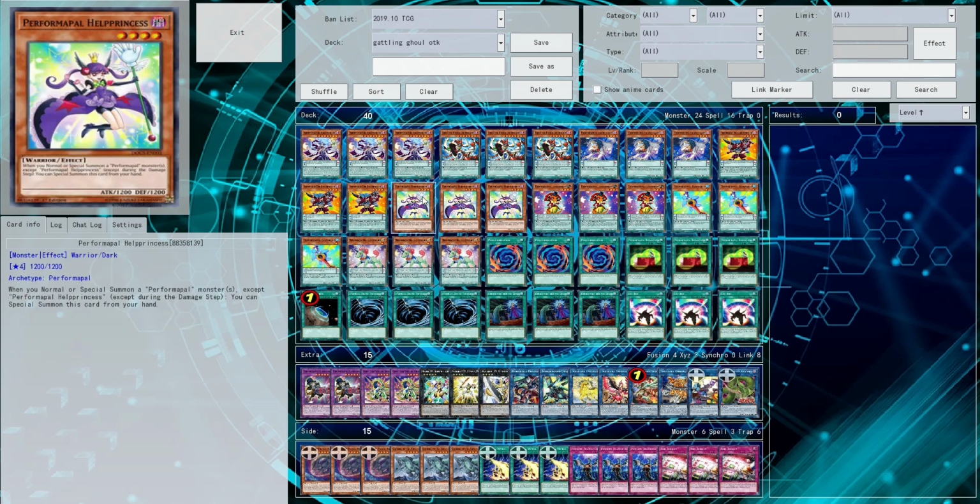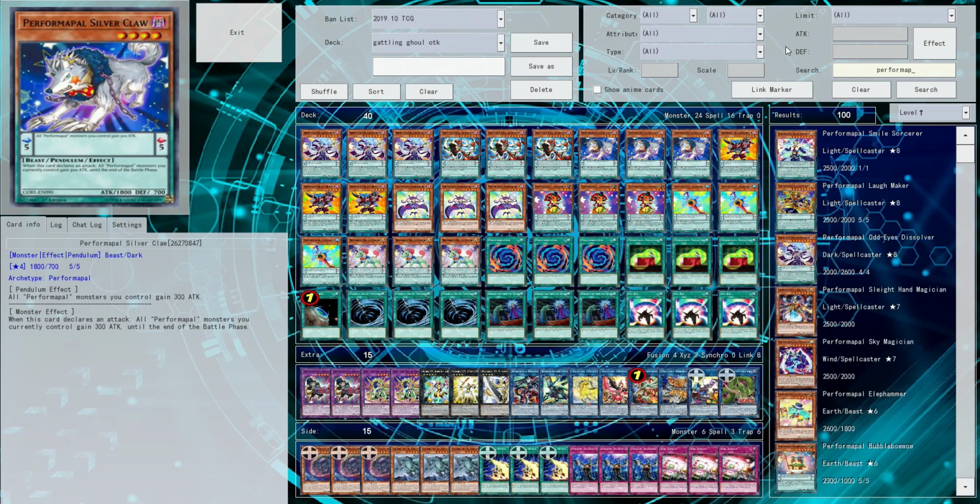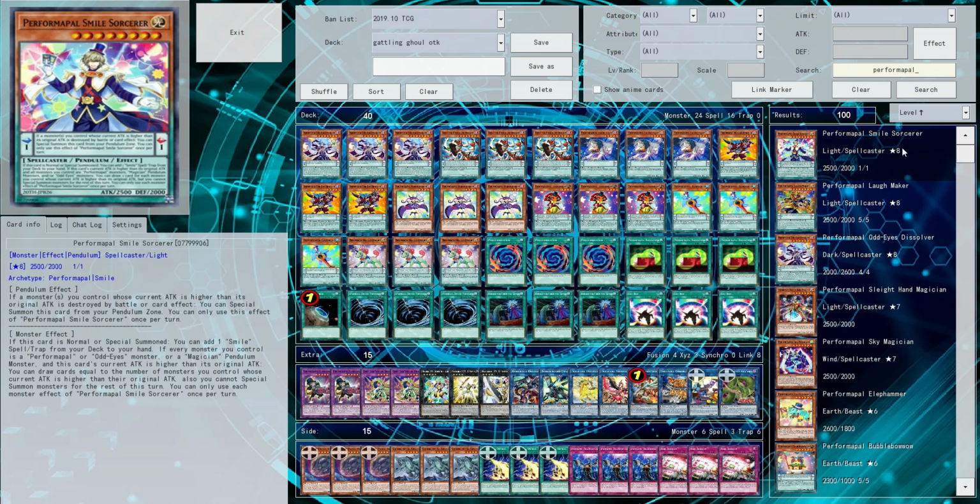Today I'm learning how to play Performapals. If you don't know what a Performapal is, let me just type this in for you real fast. Performapal is an archetype that has 100 direct and indirect support cards, and somehow you can't make a pure